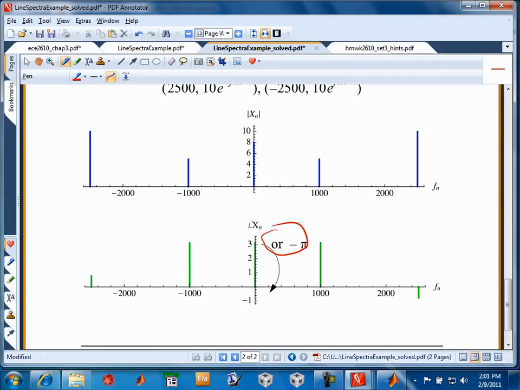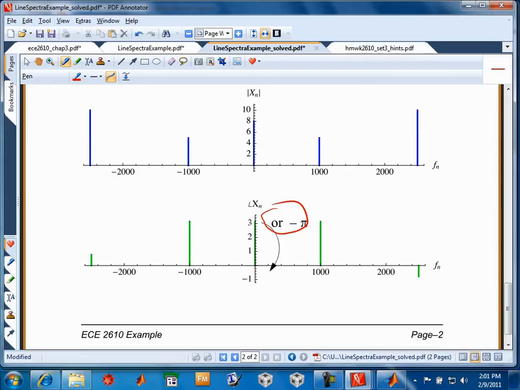But you can't draw it as both? No, it's one or the other. It's because of the modulo 2 pi nature of angles of complex numbers. I could say it was 3 pi too, right? That would also be fair, but that's not reduced mod 2 pi. Any odd multiple of pi would be the proper angle, because if we're thinking of the complex plane,